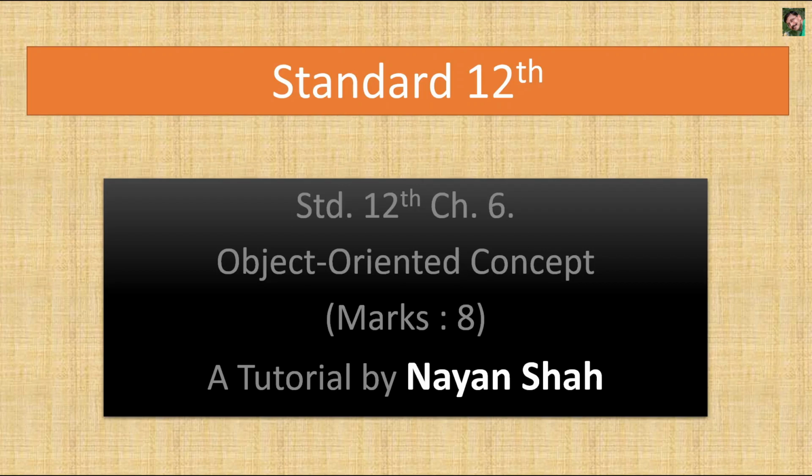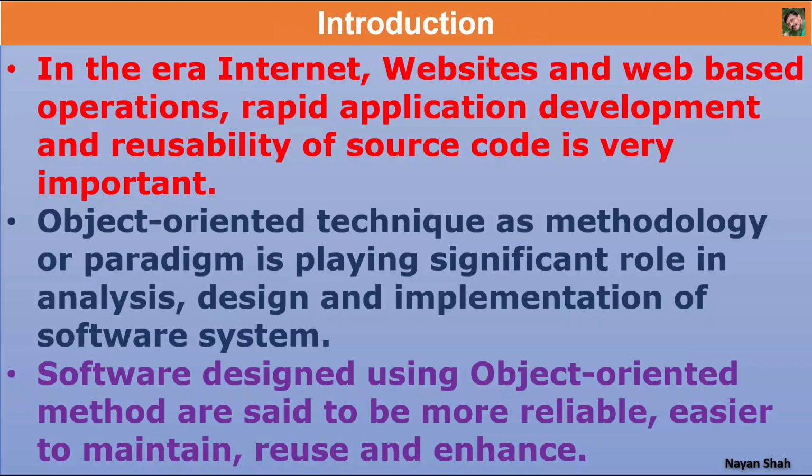These six chapters are about the Java language, an object-oriented programming language. Chapter 6 discusses all the basic concepts of object-oriented programming. Chapter 6 is not discussing anything about the Java language, but it is just discussing what the object-oriented concept is. So let us begin. In the era of internet, websites and web-based operations, rapid application development and reusability of source